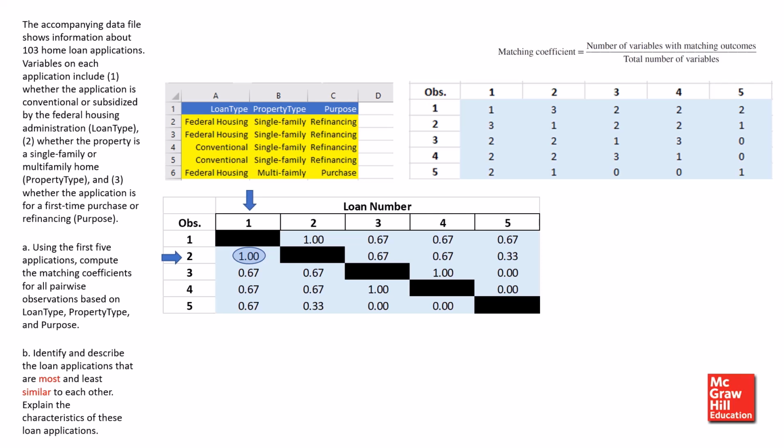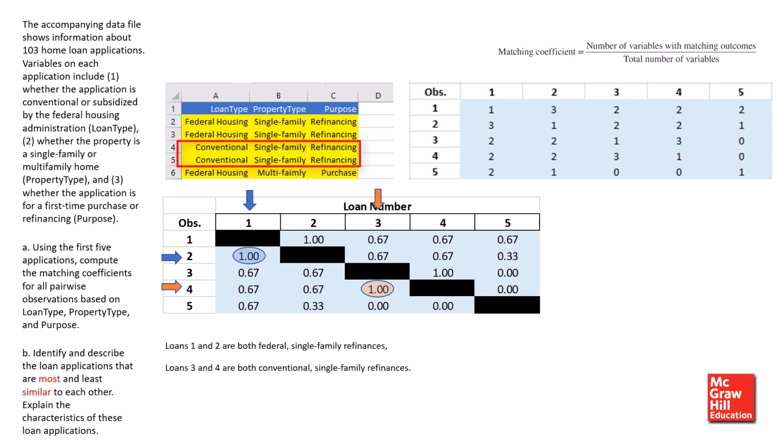For example, loan 1 versus loan 2 have a matching coefficient of 1.0. This means that these loans have all 3 variables having the same outcomes. In the same manner, loans 3 and 4 have a matching coefficient of 1. As such, we say that loans 1 and 2 are both federal single-family refinances, while loans 3 and 4 are